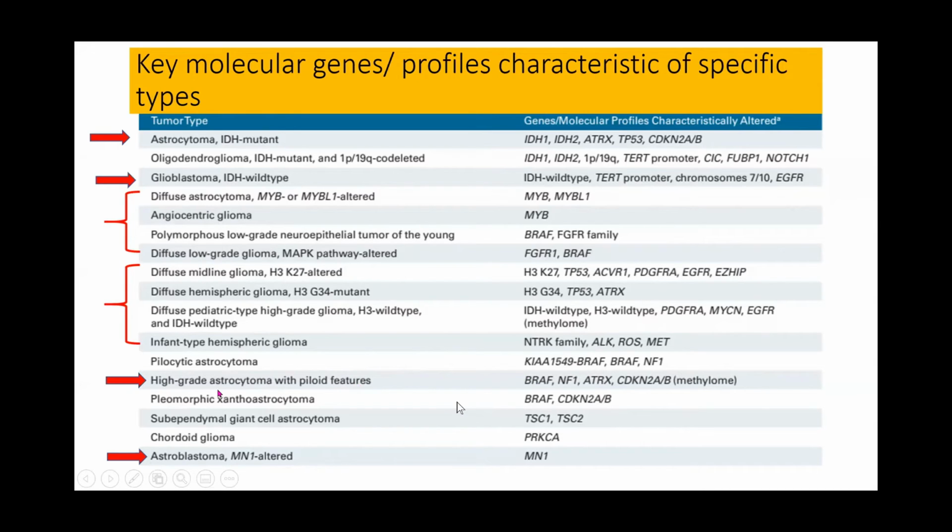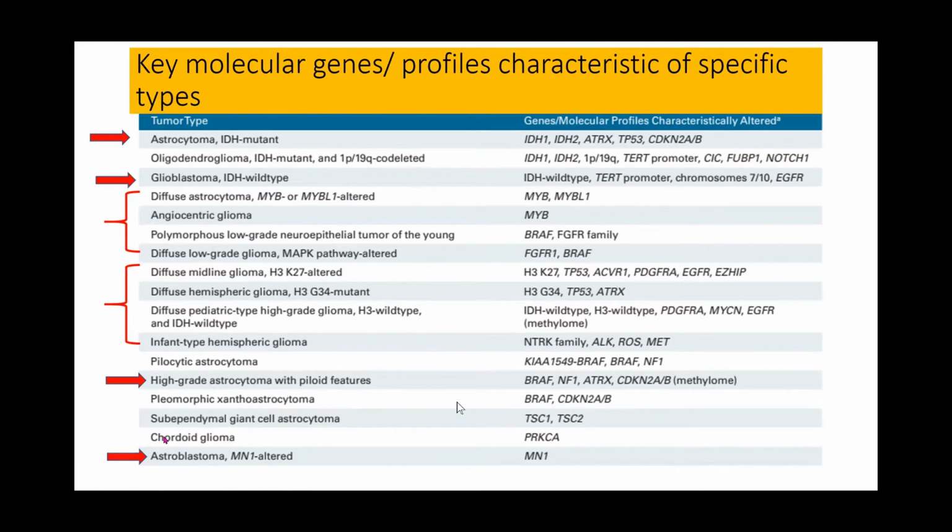If we do an ATRX, it will be seen like an astrocytoma, but in addition, they are high grade, and like astrocytomas, which are high grade, they also show CDKN2A/2B homozygous deletion, which gives it a bad prognosis. Among the pleomorphic xanthoastrocytoma, we look for BRAF and CDKN2A/2B. You just have to know that CDKN2A/2B homozygous deletion has a very bad prognosis. So when it is present in a pleomorphic xanthoastrocytoma, it connotes that this PXA is high grade or anaplastic and